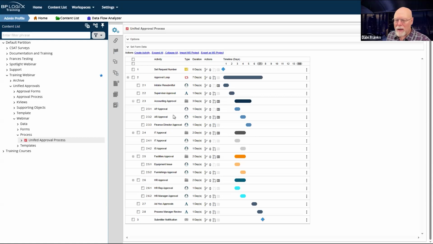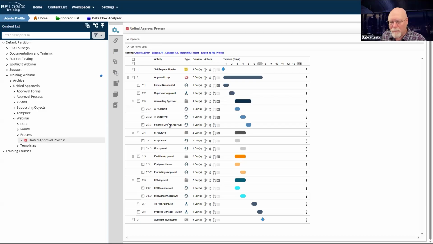Up here in the accounting area, we're going to have to do some fancy footwork to make this work properly. And I have to tell you, I forgot about this finance director approval activity, which is going to be key. I didn't put it in until about a couple of minutes ago, actually. It occurred to me that I needed this activity. I was going to put it in live, but I figured I might as well just go ahead and create the activity so you don't have to sit here and watch me create it and throw in all the results and color code the buttons and all the other silly stuff that I do to prettify things.